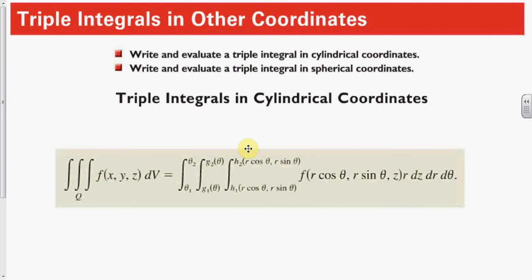Triple integrals in other coordinates. So 14.6, we talked about the triple integrals basically in rectangular form, x, y, and z. Remember we had some problems where we said just set up the triple integral but don't solve. There's a reason for that. It can take quite a while to solve certain triple integrals in rectangular form. It may be easier if you can convert the triple integral to cylindrical, which is simply polar coordinates in the